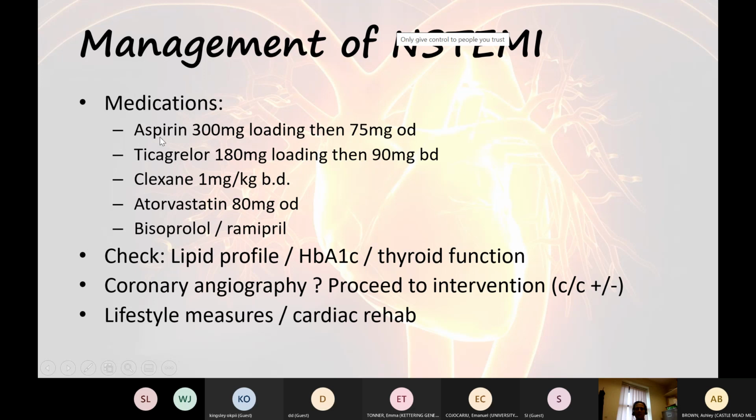we want to treat the patient with aspirin, 300 milligrams loading, then 75 milligrams once a day. We used to use clopidogrel, but it's been shown that ticagrelor is superior to it, so we tend to use ticagrelor now, 180 milligrams loading and then 90 milligrams twice a day. We want to give Clexane, 1 milligram per kilogram twice a day for 48 hours, and start atorvastatin 80 milligrams